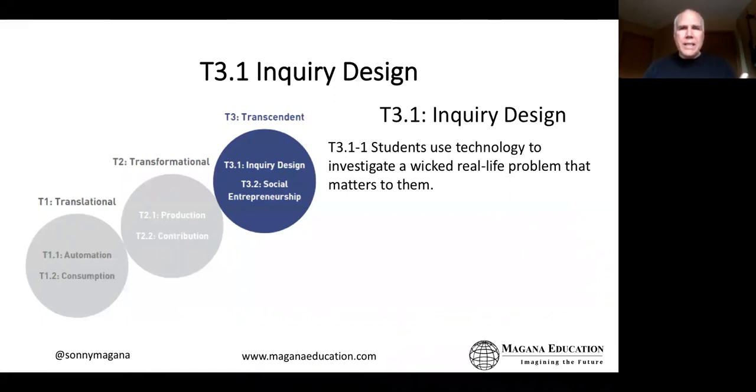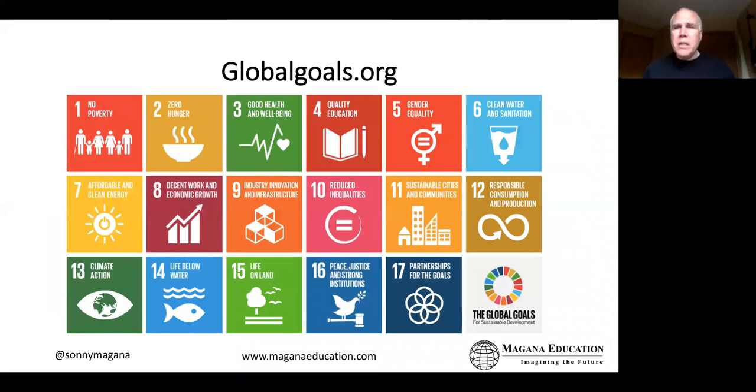So the first strategy in the inquiry design element is to have students use technology to investigate a wicked real-life problem that matters to them. So where do you begin? I suggest using the Sustainable Development Goals, the global goals. You can go to globalgoals.org, and this represents 17 domains of wicked problems, I should say,